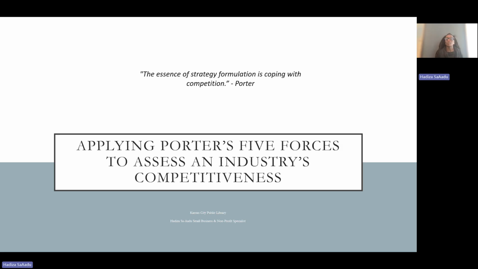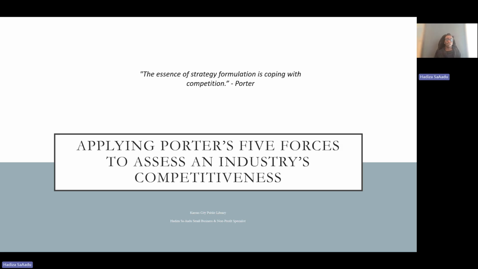All right, last but not least here, I want to point out where you can find a template for Porter's Five Forces in the Kansas City Public Library digital catalog. What we're looking at here is a screenshot of a tool called Gale Business Plan Builder, and we've got a link here. So with this tool, you'll find it under G in the A to Z list. You will create an account with your email address, and you'll set a password so that you can log in and save your work over time.